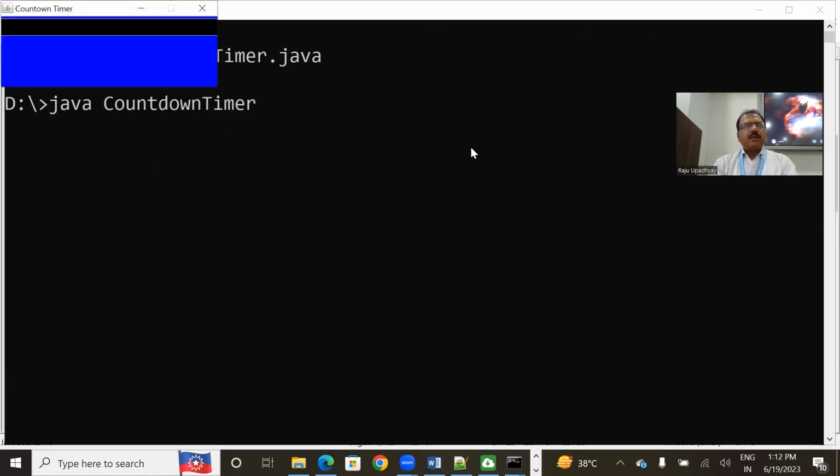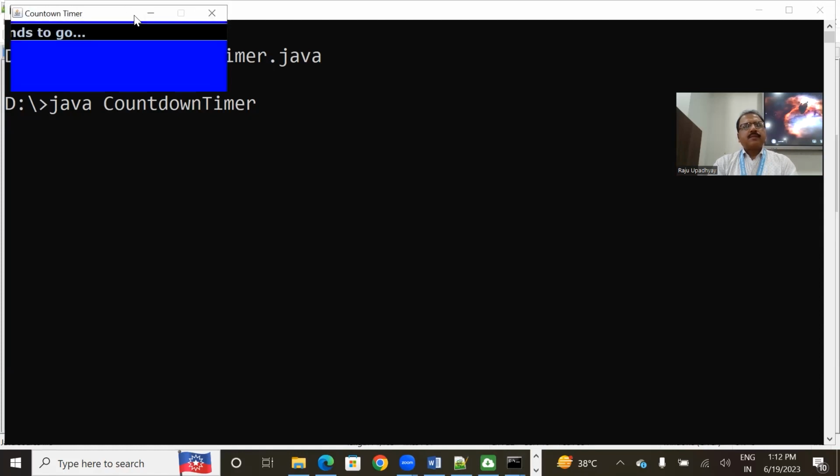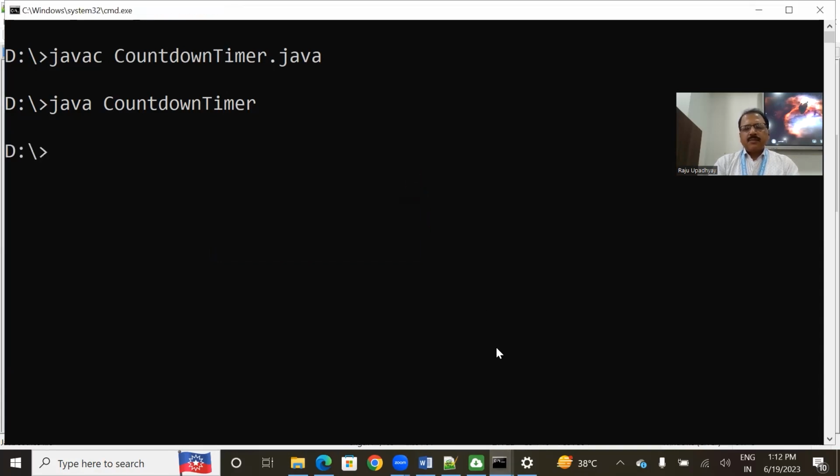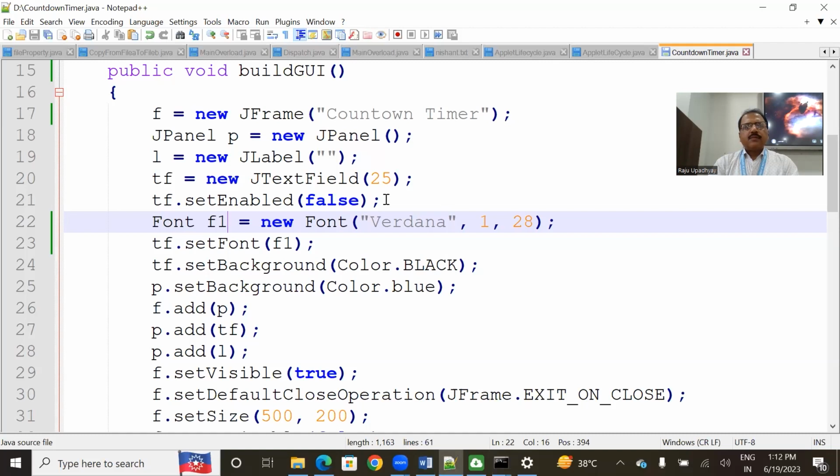Right. The moment I click on this, all of you can notice here I'm getting a message, but the screen is not properly visible. So what I can do is we will make some correction in the program. The reason behind it, let us visualize here. Obviously, we are displaying it in this particular location. So our text field is of 25 characters. So I'm going to make the width of the text field 30, and